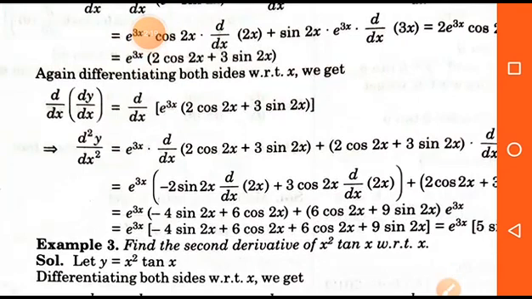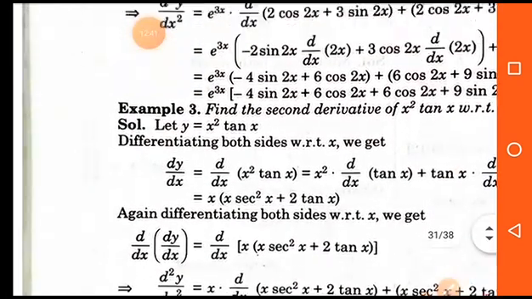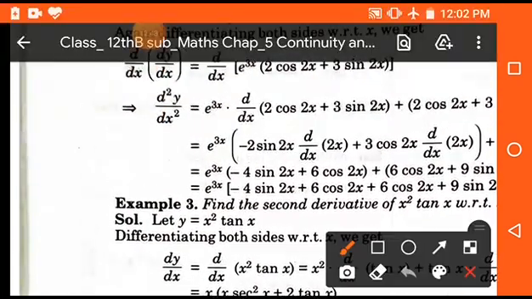Now students, if we want to differentiate higher, because we are differentiating only one time, it is the first derivative. So for getting the higher derivative, we have to differentiate again and again. So here we have to find two-time differentiation, meaning the second derivative. Then we have to differentiate the same result with respect to x again, and we get the second derivative. Clear? Okay students, this is the second derivative and it is represented by d2y upon dx2.